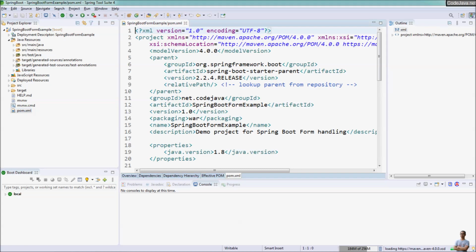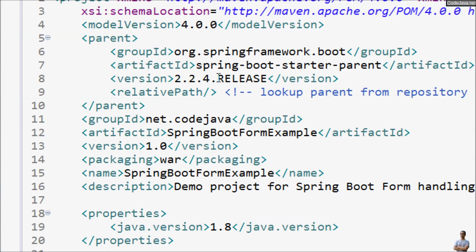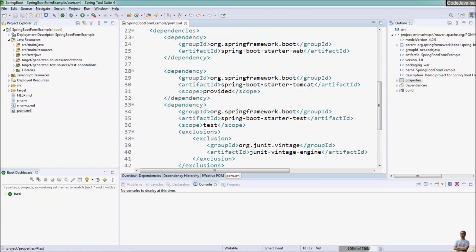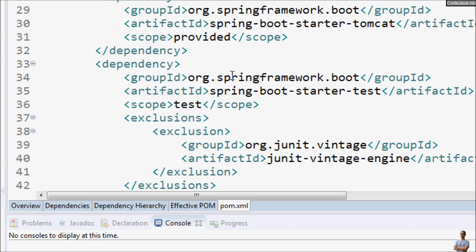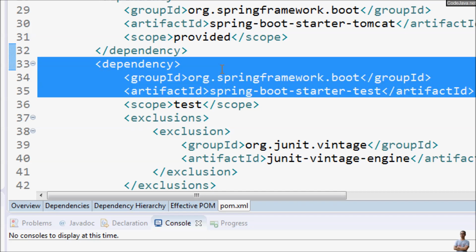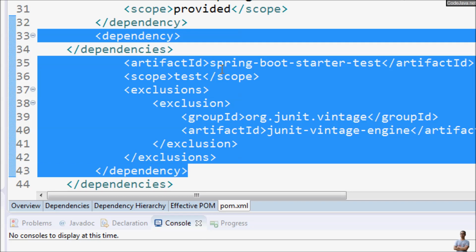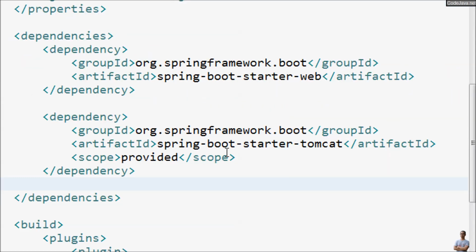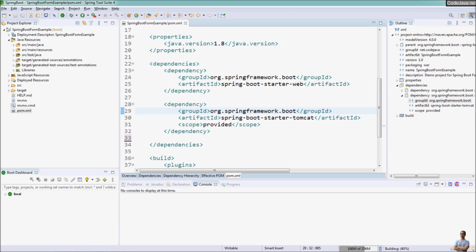And this is the Maven build file, as you can see here. The version of Spring Boot is 2.2.4 here, and the packaging type, as you can see here, is WAR. Java version 1.8, and you can see we don't use any test, so delete the dependency spring-boot-starter-test here. We keep only spring-boot-starter-web and spring-boot-starter-tomcat. Okay, save the file,